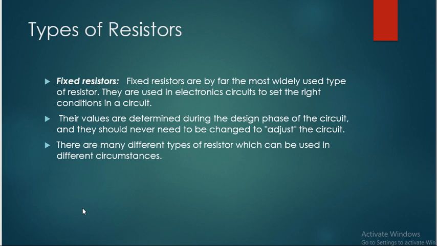So as the name suggests, in this type the resistance has only one value, and most of the structure of this type is cylindrical in shape, with two wire leads or terminals. Fixed resistors are by far the most widely used type of resistor. These are most commonly used in electronic circuits to set the right condition in a circuit. Their values are determined during the design phase of the circuit, and they should never need to be changed to